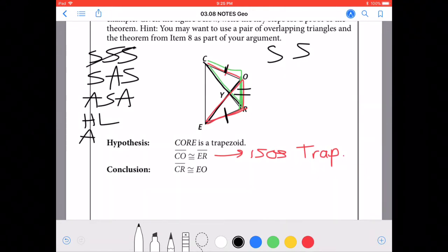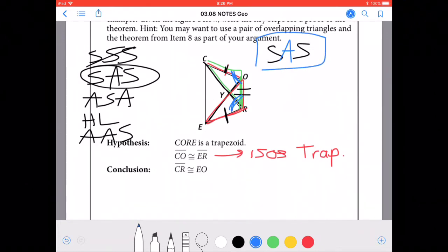Or we could use AAS. We already have two S's, so let's try to shoot for SAS. We need to then know that these two angles are congruent to each other. Do we know that? Yes, we do. We proved that on one of our other slides. So we know that these two angles are congruent to each other. So we can say SAS right away